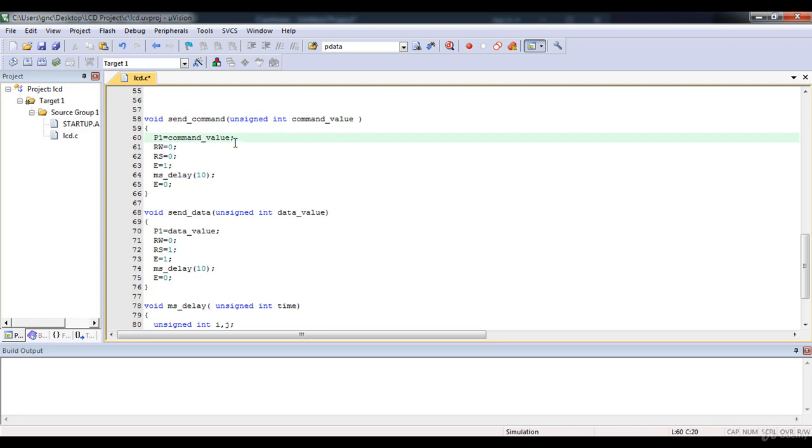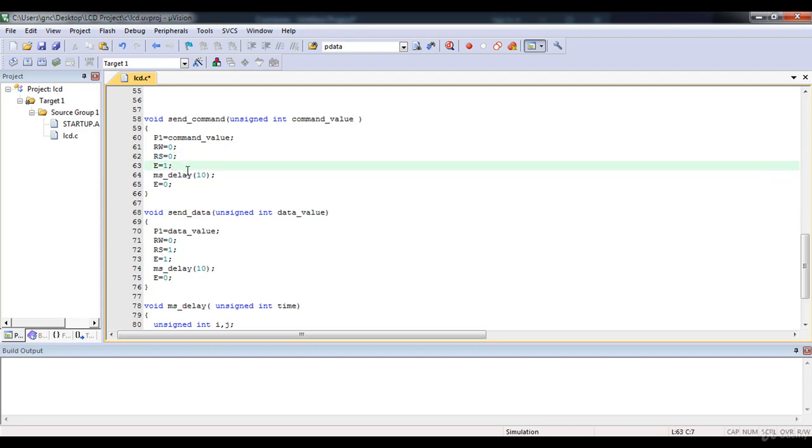That command value I am giving to port P1. So first of all, you have to write data to port pins. Then I want to write data, so that's why RW equals 0. I want to write data into the instruction command code register. To select it, you have to write logic 0 to RS pin.